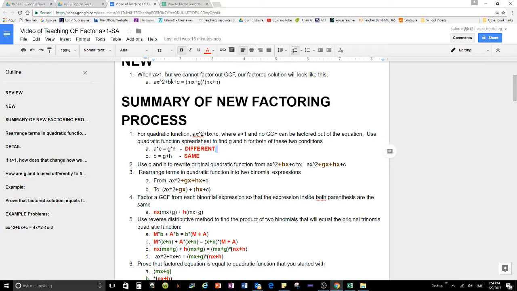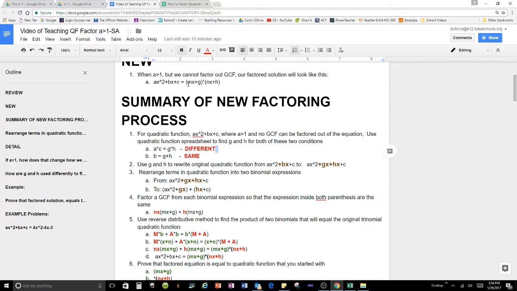Remember, this is a trinomial. It has 3 terms, ax squared plus bx plus c. When we're finished, we're going to have 2 binomials, 2 expressions that only have 2 terms,